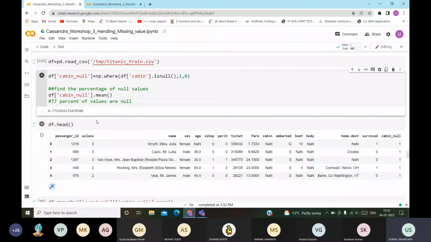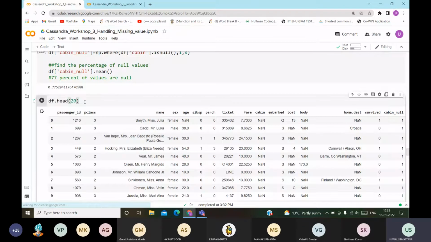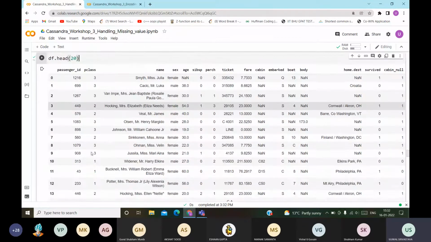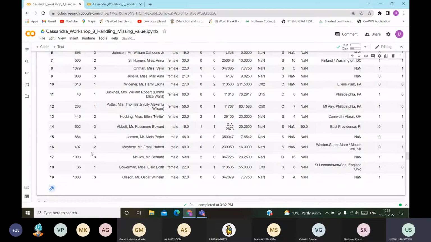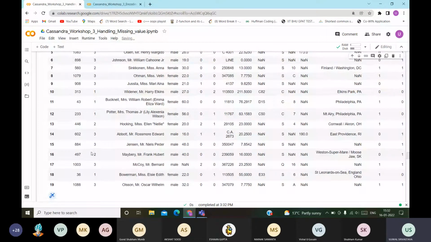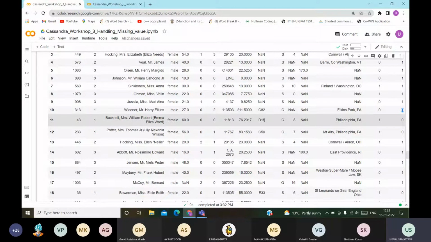Now this is basically nothing but head, as you can see here, for cabin, let us say 20. So for head you can also pass a parameter in it, like how many rows you want to see. Now you can see cabin is present, so correspondingly the value becomes 0. Here also it is present, value 0, but here it is a NaN value, so here it gets 1.